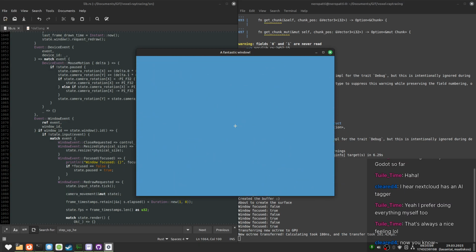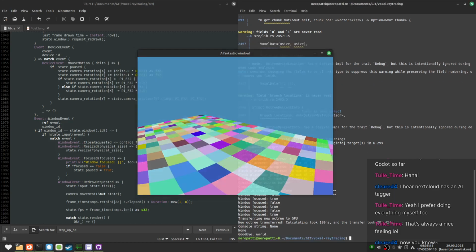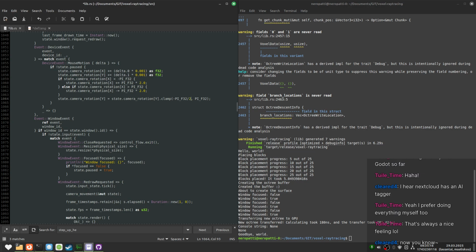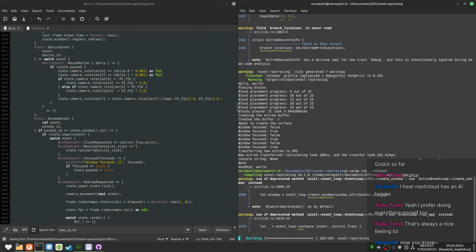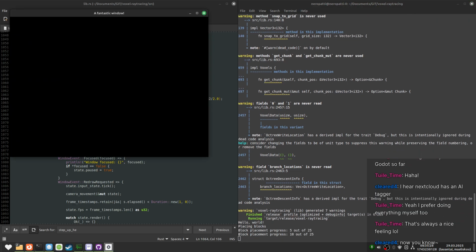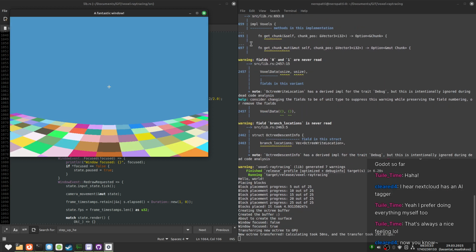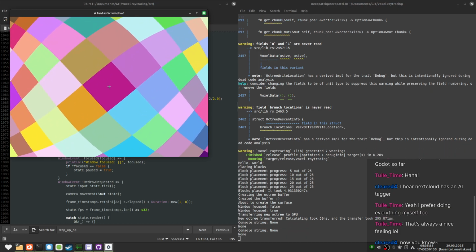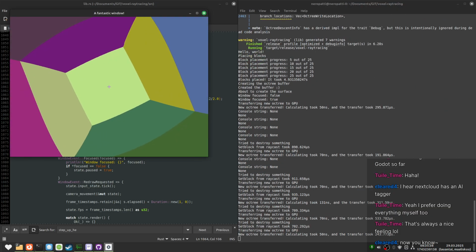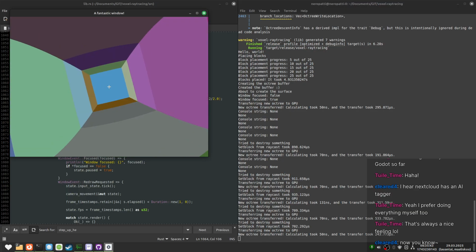Well, pi should be half a rotation. Oh, well, I guess it is correct. I just need to do divided by 2. Yeah, because I have negative pi to pi, so that makes tau, and tau is a full rotation. And if I have negative pi divided by 2 and pi divided by 2, then that's just pi. Yep, and now the rotation is restricted. You can't break your neck anymore. Very, very classic.